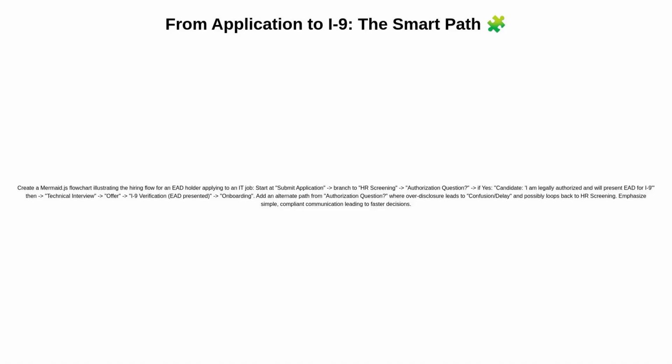This flowchart shows the typical hiring path for an EAD holder in an IT role. It begins with submitting an application, proceeds to HR screening, and then to a point where an authorization question may be asked. If that question appears, the candidate responds simply, stating they are legally authorized to work and will present their EAD for I-9 verification. That path leads directly to technical interviews, then an offer, followed by I-9 verification,